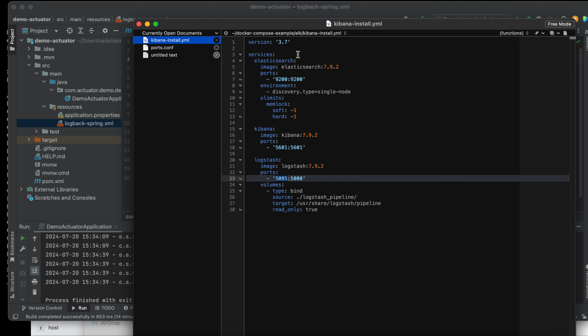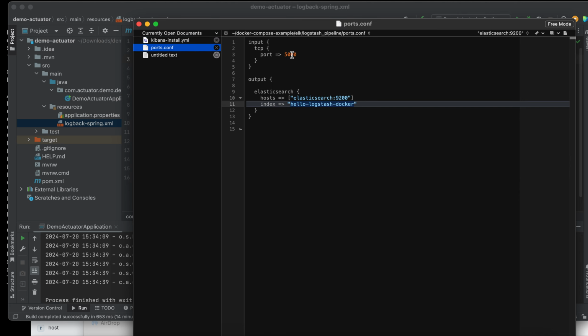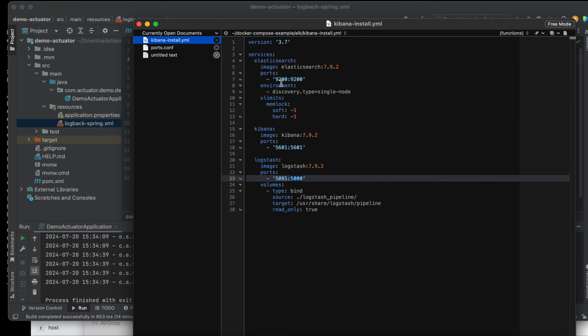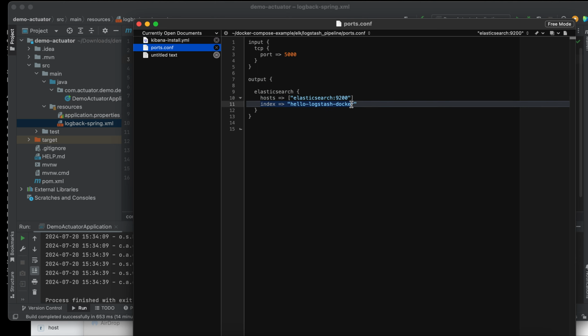Then 5,000 should be mapped exactly to this port here, in the ports configuration. Then the host name should be like this, Elasticsearch. This is our database using this port 9200, same as this 9200, right? Then the index, you can change this to any name you want.